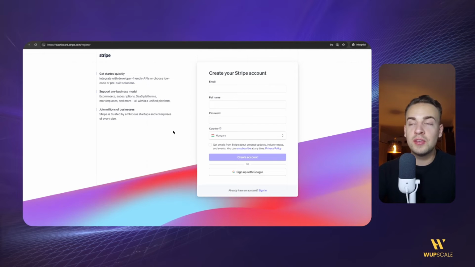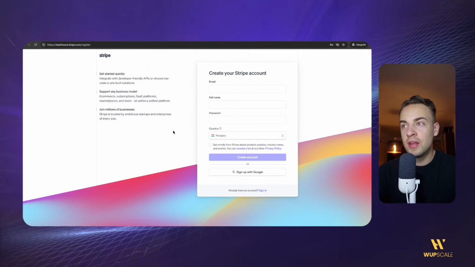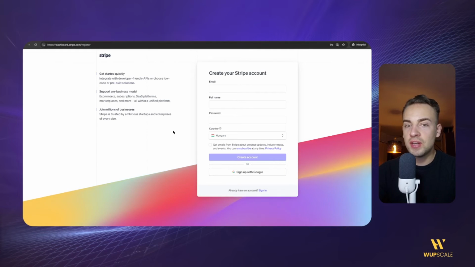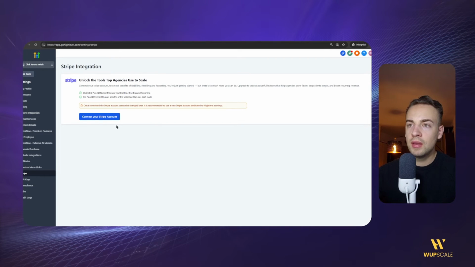So something I also didn't mention because you should have it before starting is you should have your company or be a solopreneur so you can actually enter your business information and your legal information. But you can also try it with the personal information first. But Stripe is going to verify your data anyway, so it's going to ask you for your ID. So enter your own information. It's really important. And then once you have it, you are going to create a new Stripe account dedicated to only your HighLevel